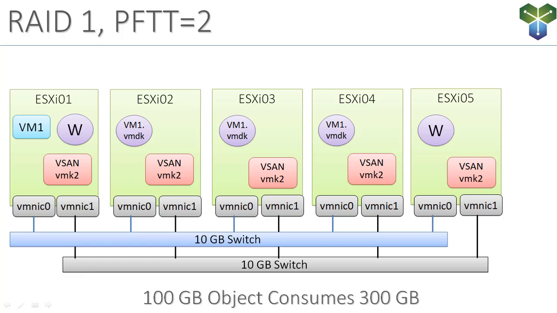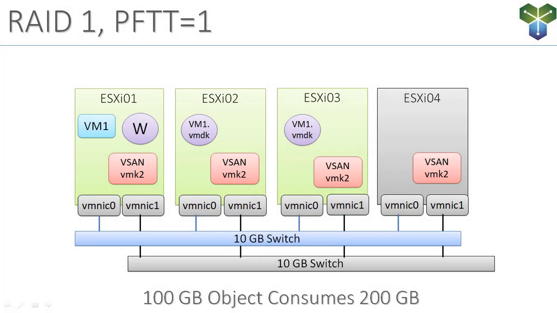So when primary failures to tolerate was 1, I needed a minimum of 3 ESXi hosts. 4 is better, by the way. Let me just talk about that for a moment. 4 hosts is better in this scenario, and that's why I have a 4th host shown here. Because what if I need to take one of these hosts down for maintenance? That's a little bit problematic if I only have a 3-host cluster. So having that 4th host there is definitely beneficial, but technically you only need 3 hosts for primary failures to